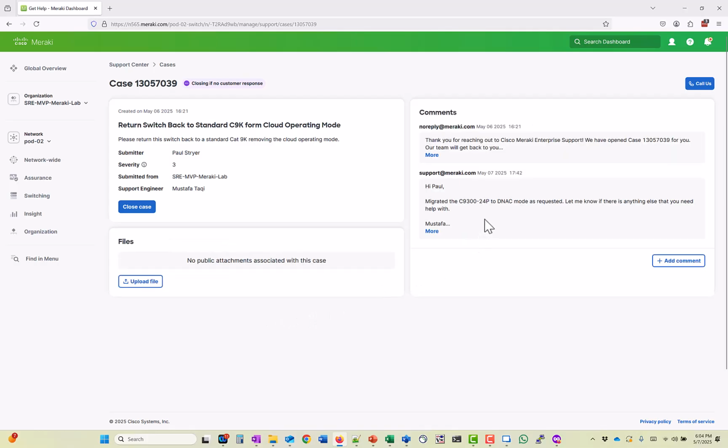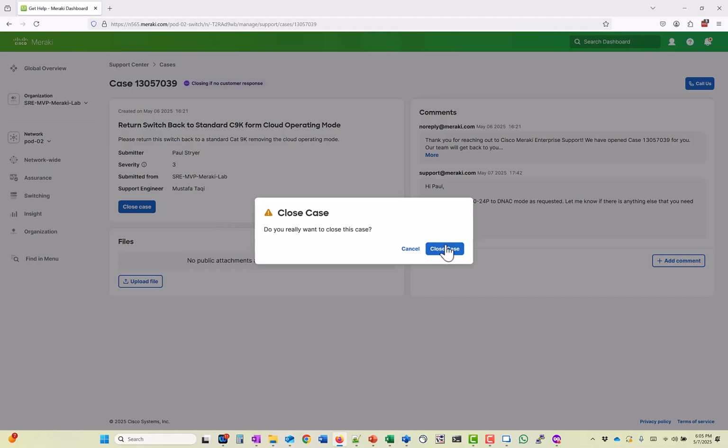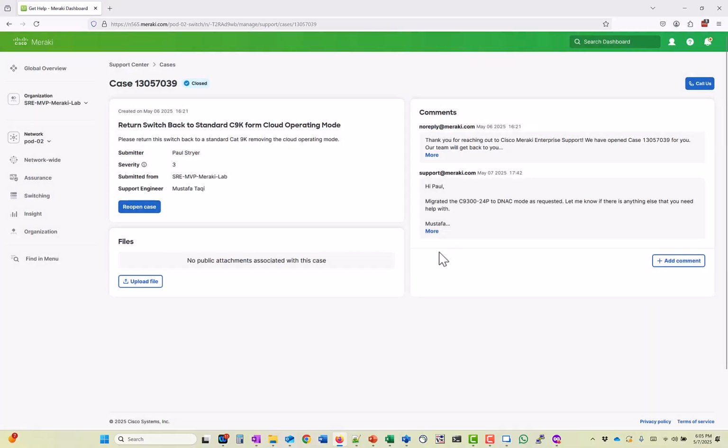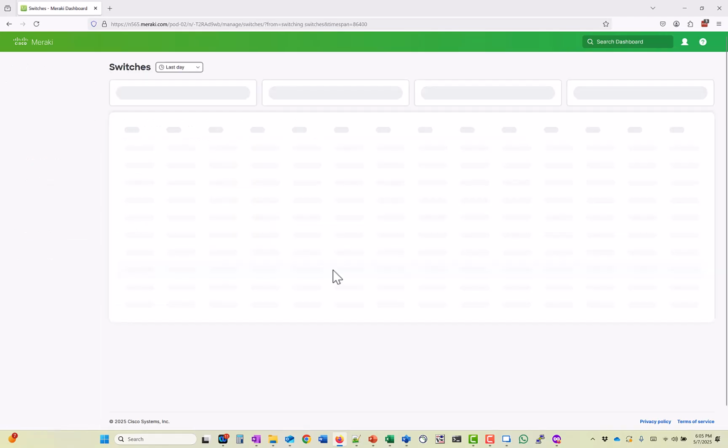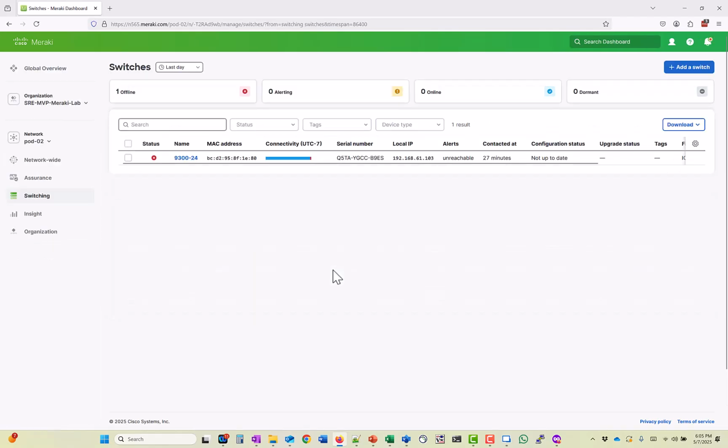And then I can close the case, being a nice person. Just go ahead and close that case so it doesn't have to sit around for a couple days and wait for the engineer to close that case. If we go back to switching and switches, we can still see, like I said, the device is still in